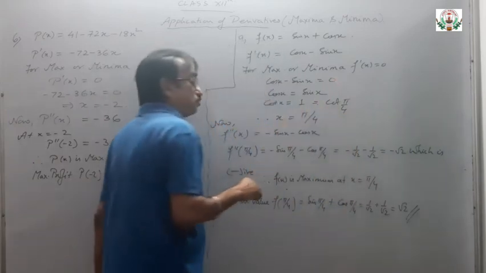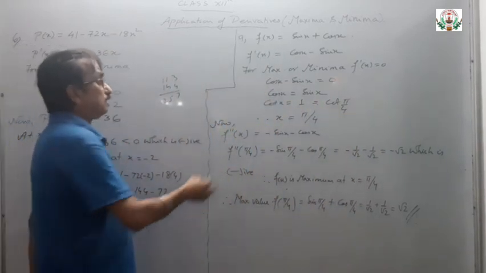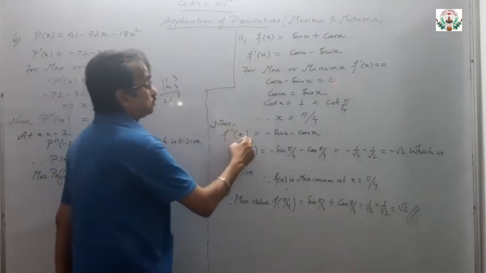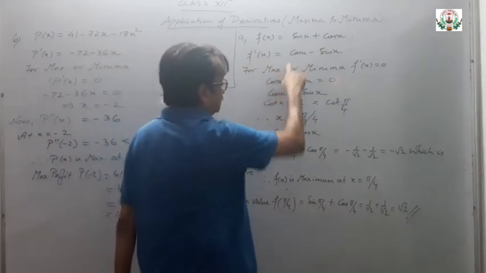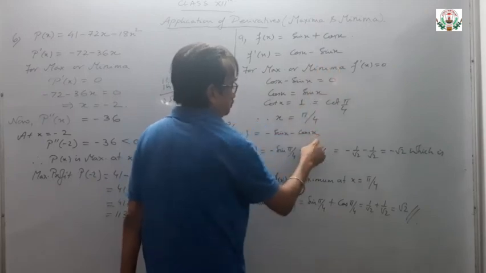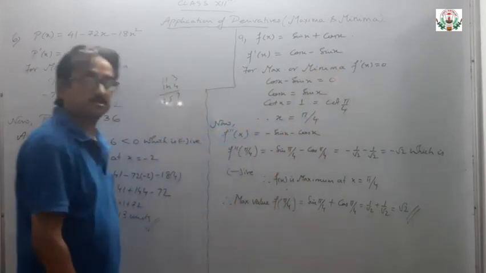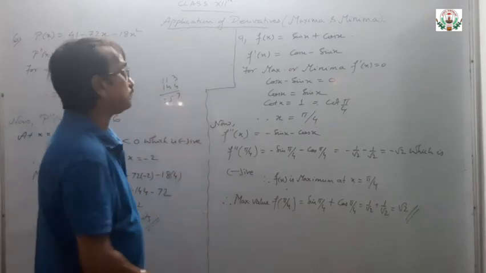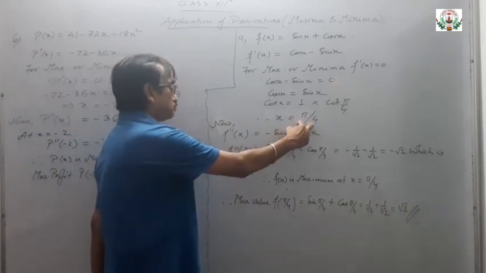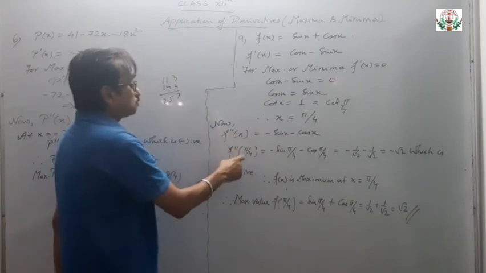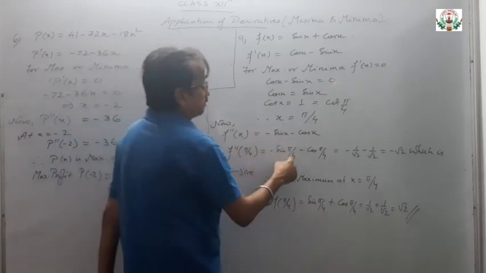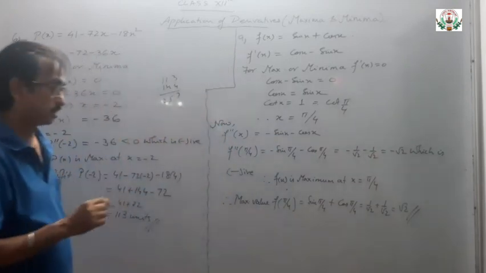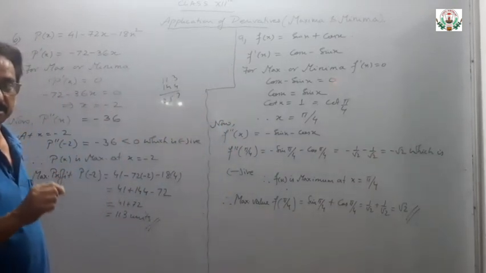After getting the value of x, we again now find out the second order derivative of this function. f double dash x equals the differentiation of cos x, which is minus sin x, and the differentiation of sin x, which is cos x. So it becomes minus sin x minus cos x. Now what is the value of the second order derivative at a point x equals to pi by 4? So what we have to do, f double dash pi by 4 is minus sin pi by 4 minus cos pi by 4, we get minus root 2, which is negative, and whenever the value is coming negative,